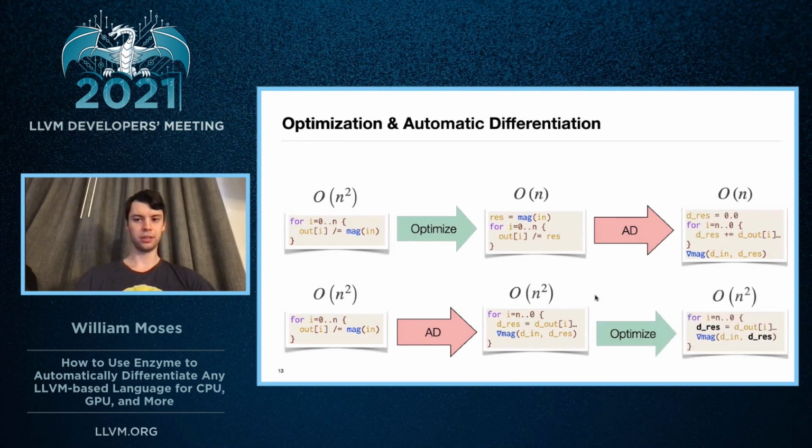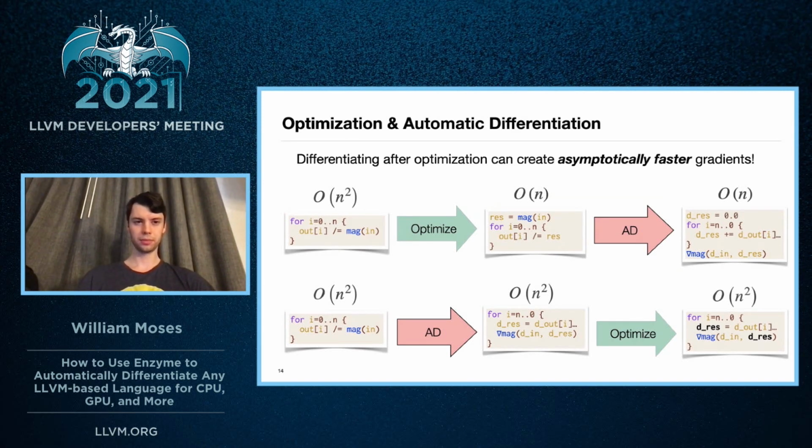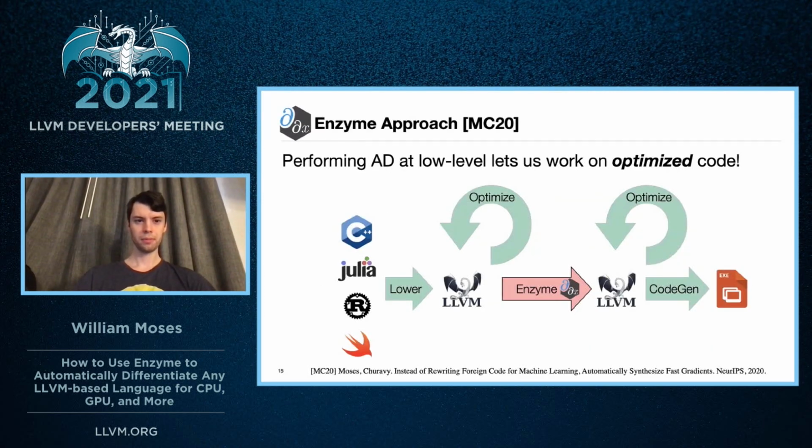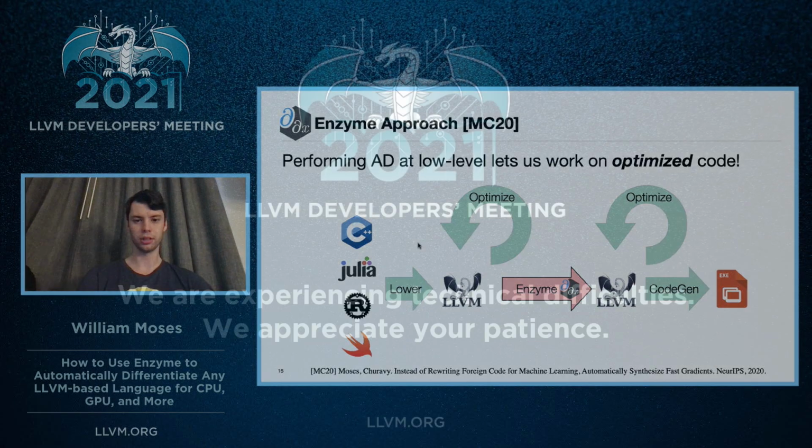However, when we go ahead and try to do that subsequent optimization, we find that we can't hoist the grad mag call outside the loop because it uses a variable defined within the loop, in this case, this local variable dres, leaving it at O(n) squared time. So the key insight from this is that by differentiating after optimization, we can create substantially faster, in this case, asymptotically faster gradients. This was presented in earlier work at NeurIPS in 2020 using a tool called Enzyme, which instead of operating at the source level